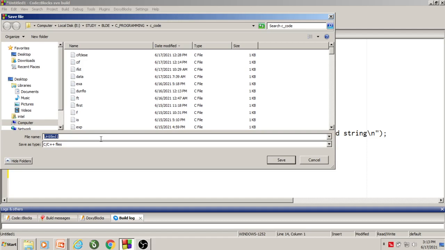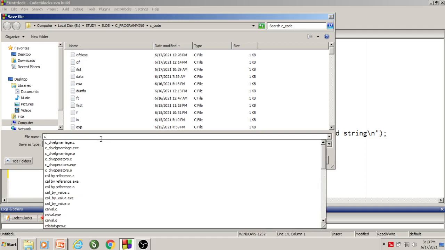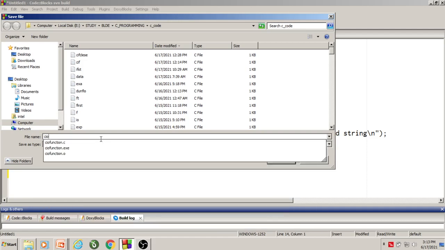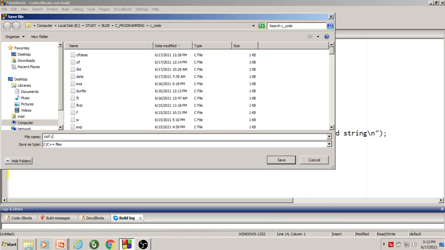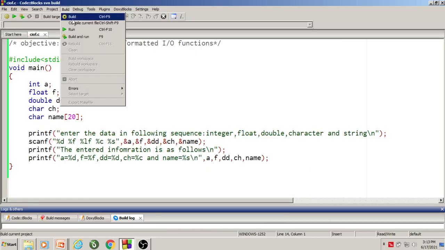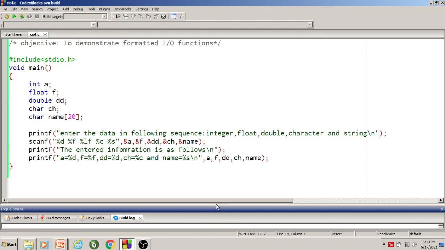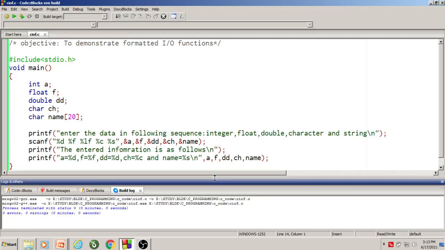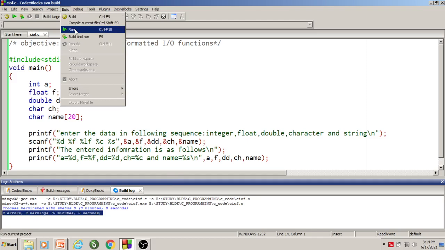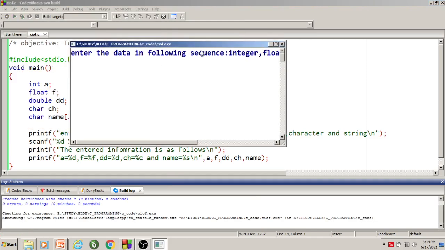I save this as CIO f.c. So I click on the build option to compile the program. Yes, 0 errors, 0 warnings. This program has been written correctly. I click on the run button, right?